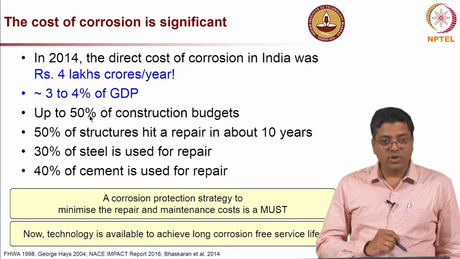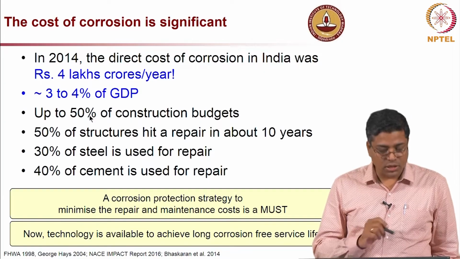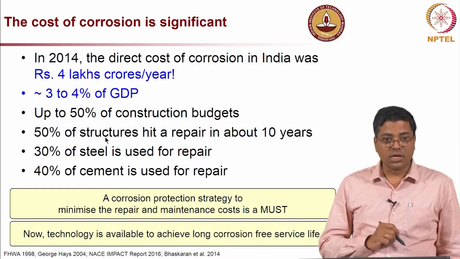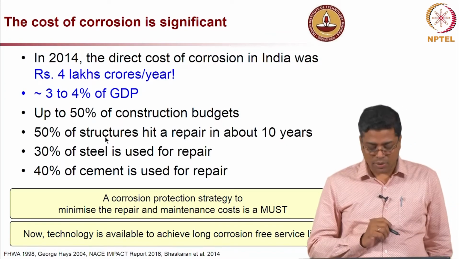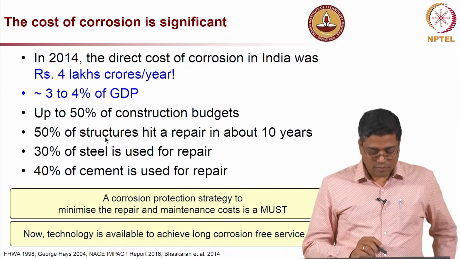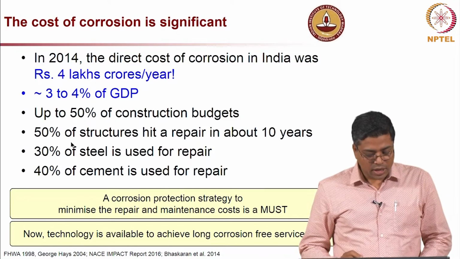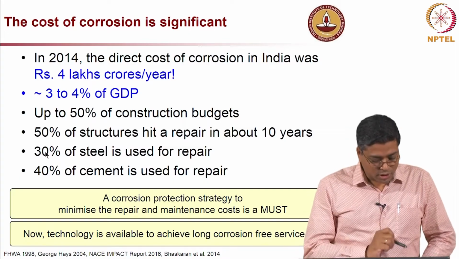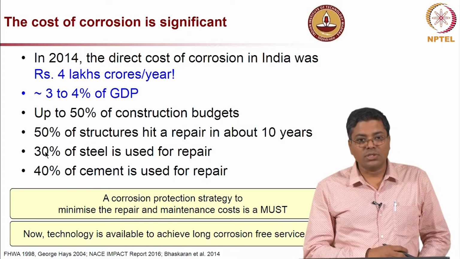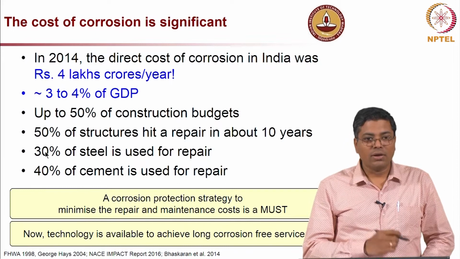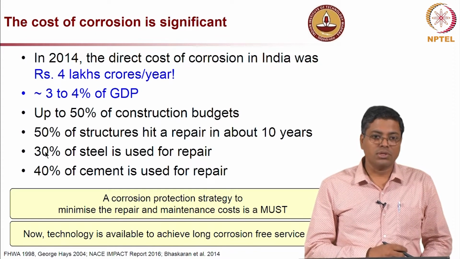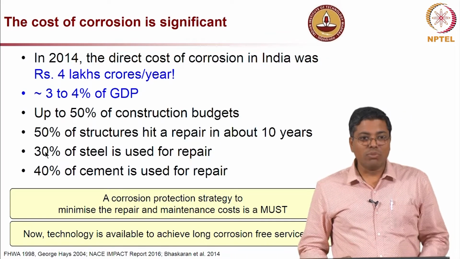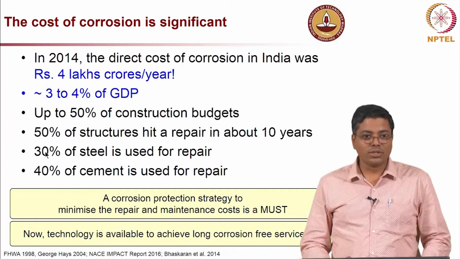Up to about 50% of construction budgets is actually used for some kind of repair, and 50% of the structures experience a major repair within about 10 years, which is a very short period. Now if you look at the amount of steel and cement produced, 30% of the steel is used for repair, and in the case of cement, 40% of the cement is used for repair. So maybe these numbers look very large, but I have cross checked it with